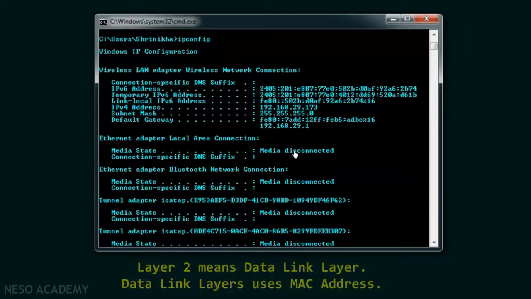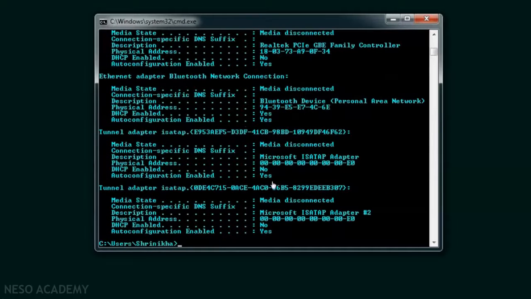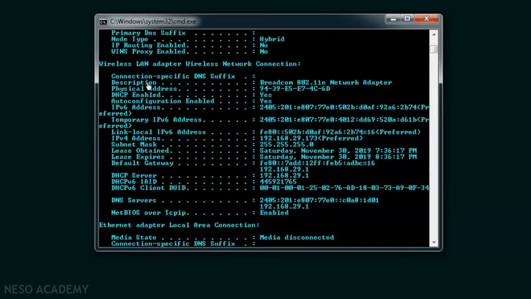Now if you want layer 2 information, that is what is the MAC address of this computer that is currently used. To know the MAC address of this computer, we are required to give ipconfig/all. So this all will give you the MAC address details. Now this computer is connected to the wireless LAN. We are concerned about this wireless LAN adapter only. So we will see where is the physical address. Yes, here is the physical address. The physical address of this computer is